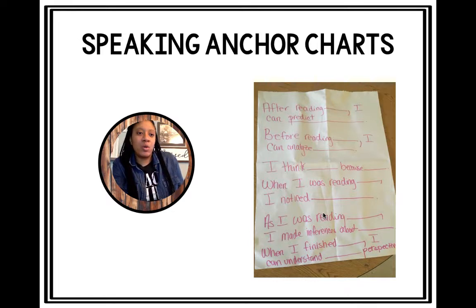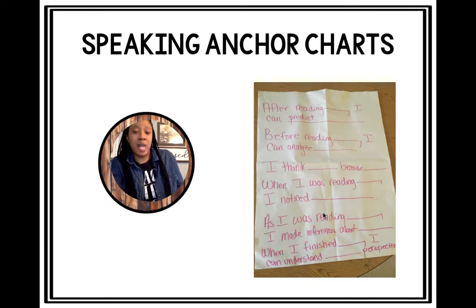I'm going to use this as an example. We're reading chapter 19 of Unbroken. So they want me as a teacher to read it aloud to them for fluency, so they can see what fluency sounds like. I know if I was them I would probably zone out. That's a lot to read. So I would put the anchor charts up around the room, and I would say, okay, I'm going to read from here to here. After I read, I want you to predict what you think is going to happen next. And so I will have them turn and talk.